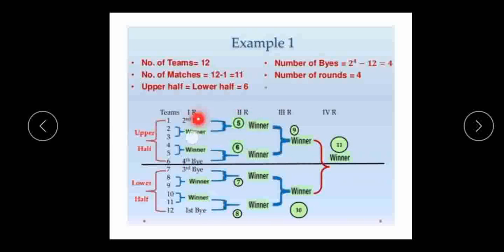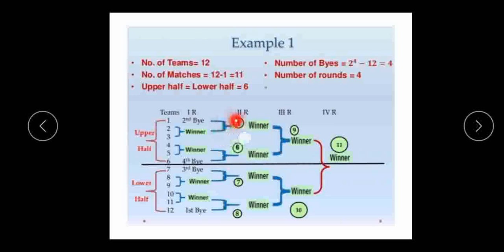In the second round, the bye plays with the winner between the 2 and the 3. After that, the next winner plays with the next bye. Clear? The third bye plays the next winner, and this bye plays with the next bye, winner plays with the bye. After that the second round is completed.